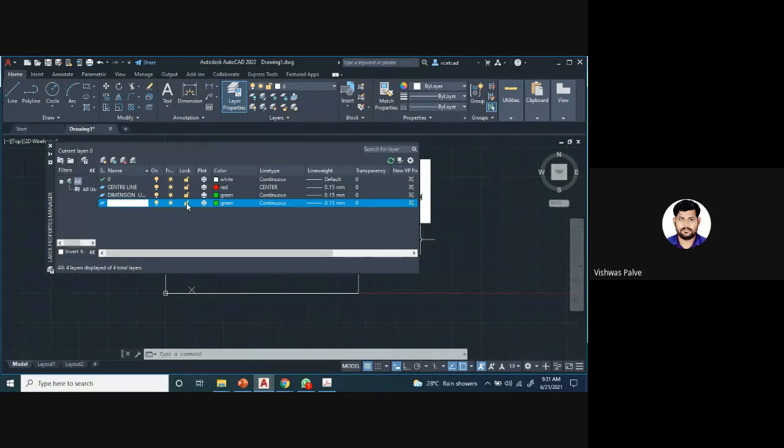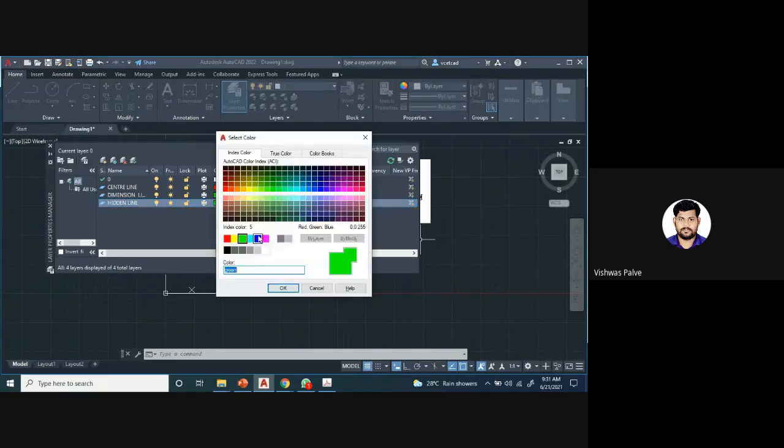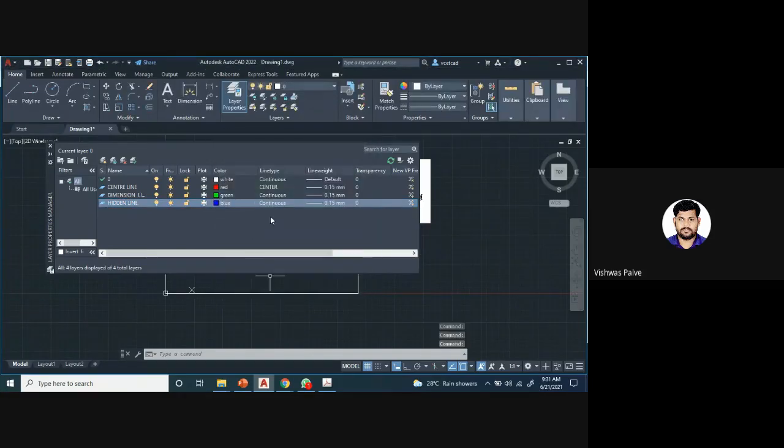Yes, any difficulty in setting the layers? Can you easily set the layers? So the reference is given to you. I'll select all the layers. We are going to set all the layers hidden line. So now here we can see hidden line we have to set, and the line type is continuous.